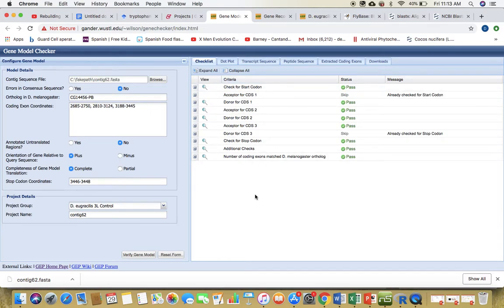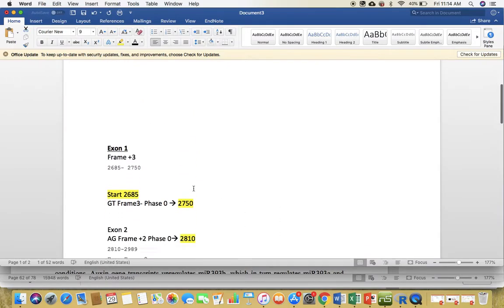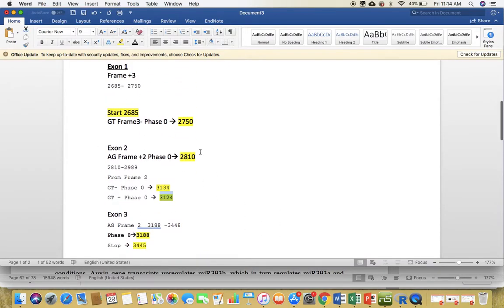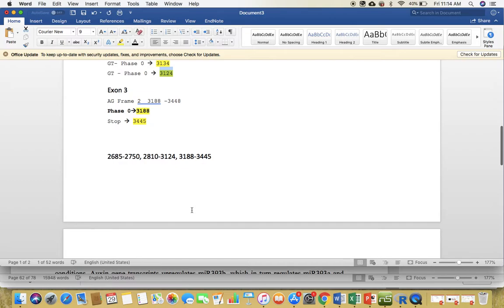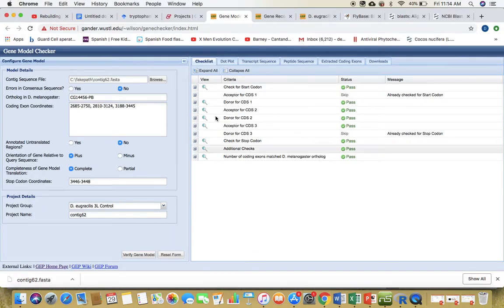Remember, when you're doing this project, make sure you take an image of every single step that you do for documentation, because you will need to upload it in your report. In addition to having a picture of everything, you should also document everything that you do in your lab notebook so you don't have to go back and forth. You document it in a similar manner, like I did here, with more writing of course, so you could follow along. So this is how you annotate an entire gene feature, well, a Contig feature,